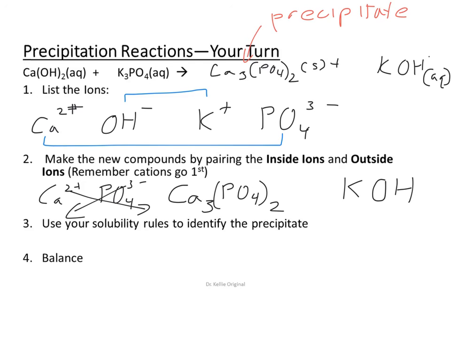So we have calcium phosphate as our precipitate or solid. We have potassium hydroxide aqueous. So now we need to balance. I have 1 calcium here. I have 3 over here. So I'm going to need to add a